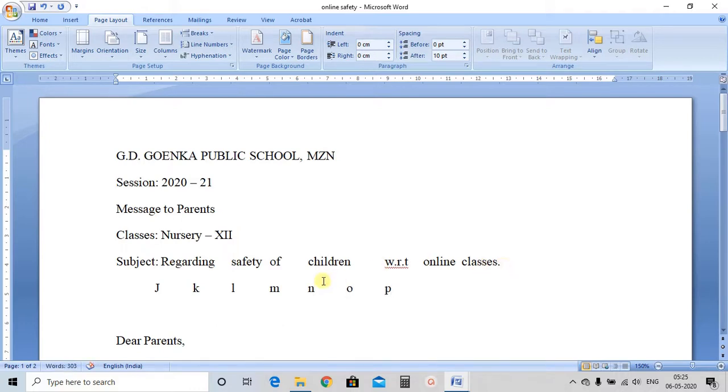Now I have typed these characters using the tab key, and you find that there is equal space between each letter. So this is happening due to the tab.